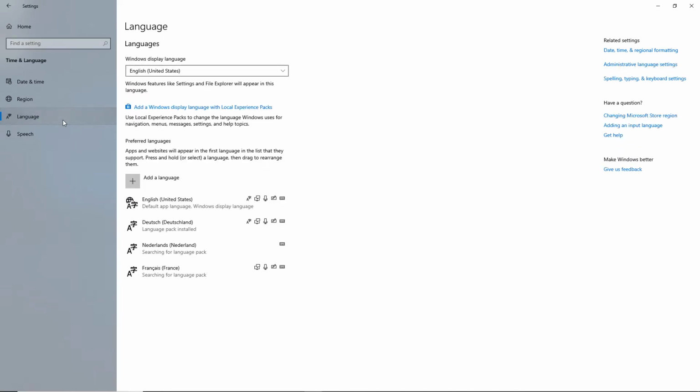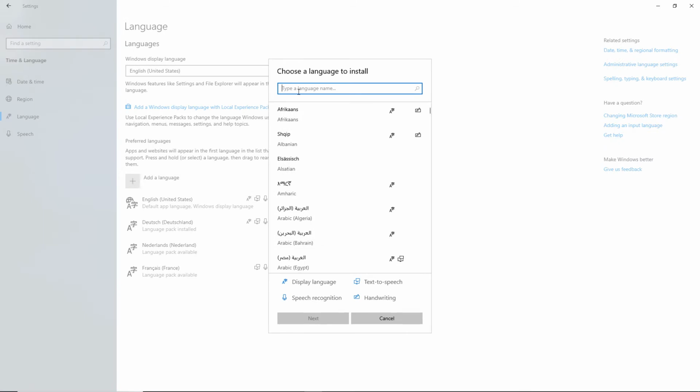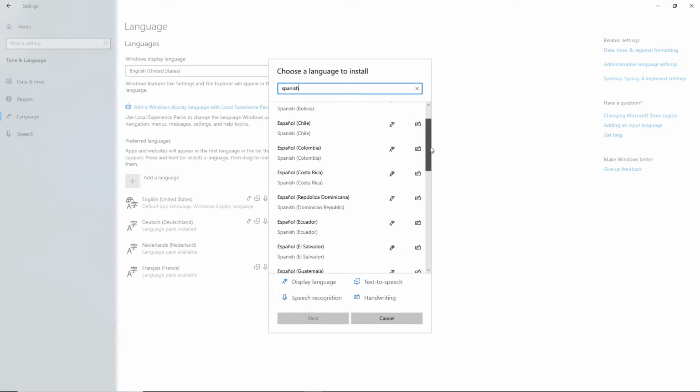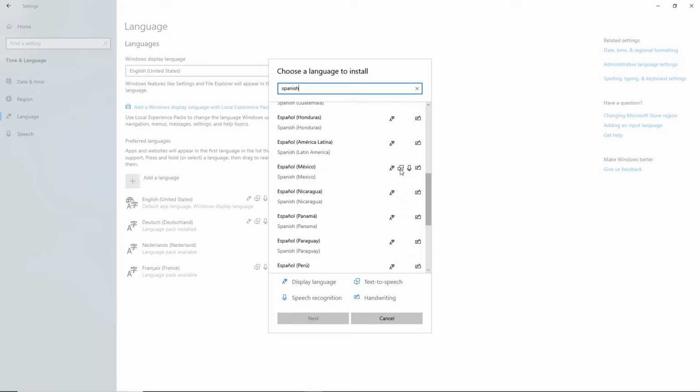To add a language to your system, click the plus button. You will see a wide range of different languages. Select the language of your choice. The system will now schedule this voice for download. Please note that voices require larger data packages, so it might take some time to download the voice depending on the speed of your internet connection.